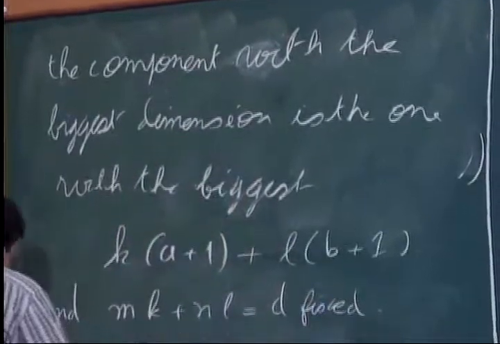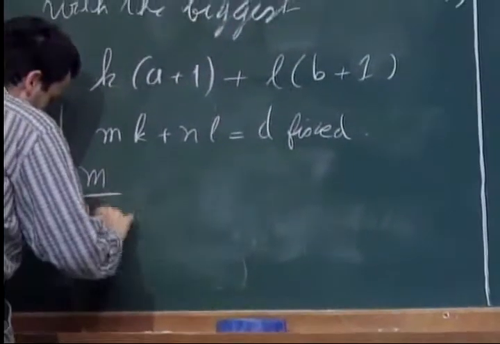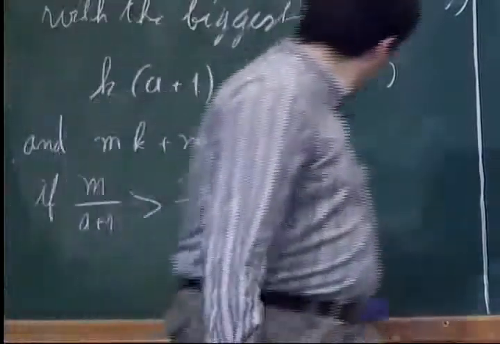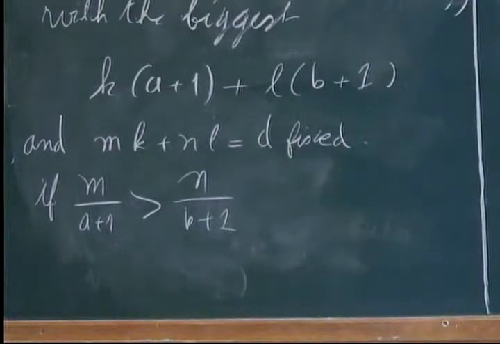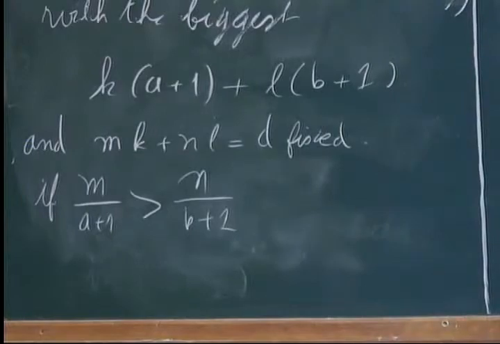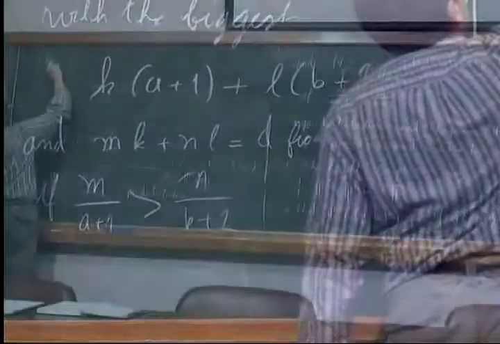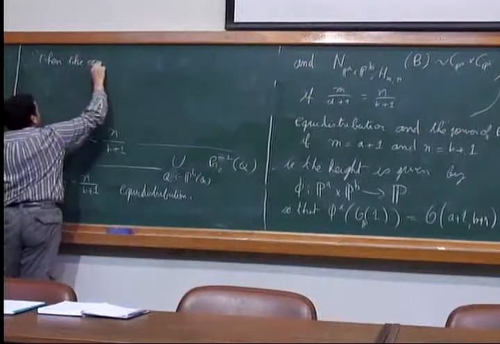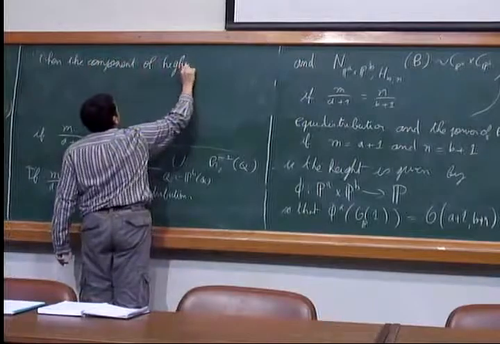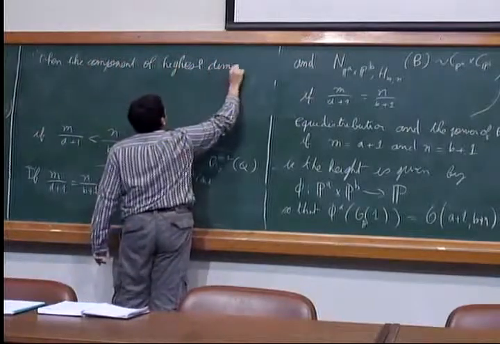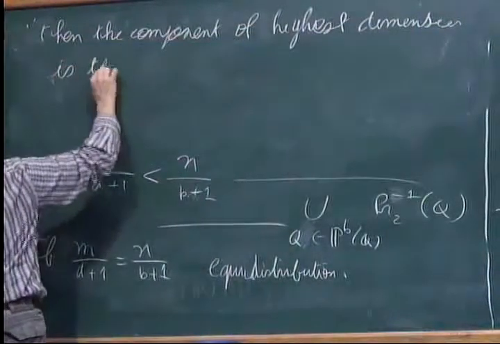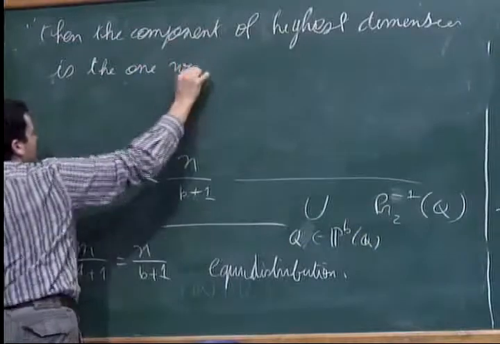So now if I have that M over A plus 1 is strictly bigger than N over B plus 1, then the component of highest dimension is the one with